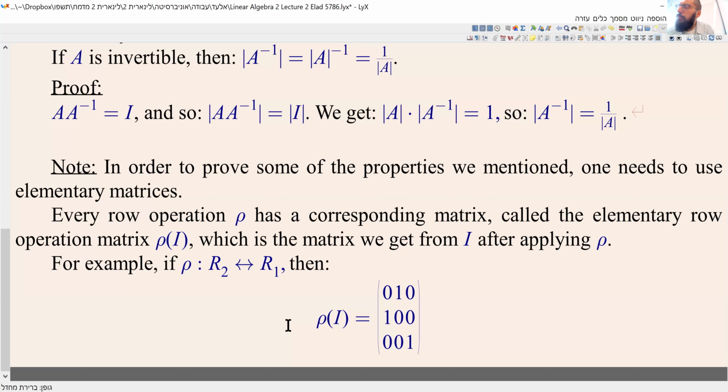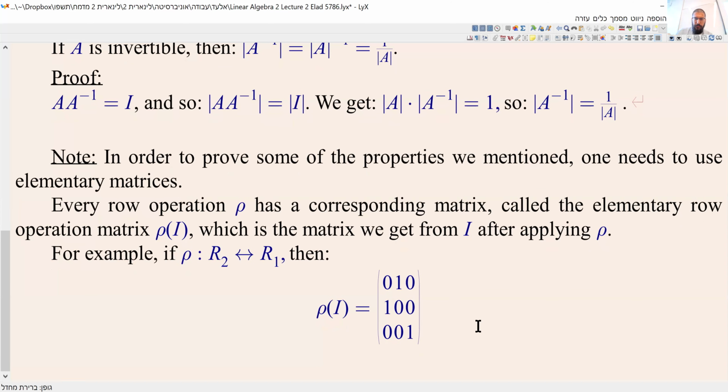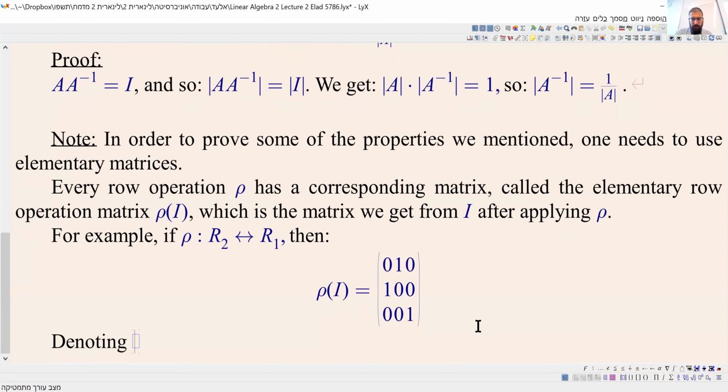What is so important about these elementary matrices is that they are actually performing as row operations. Meaning, instead of taking a matrix A and applying some row operation, one can just multiply the matrix A with the corresponding elementary matrix and get the same result. And if we denote rho of A,